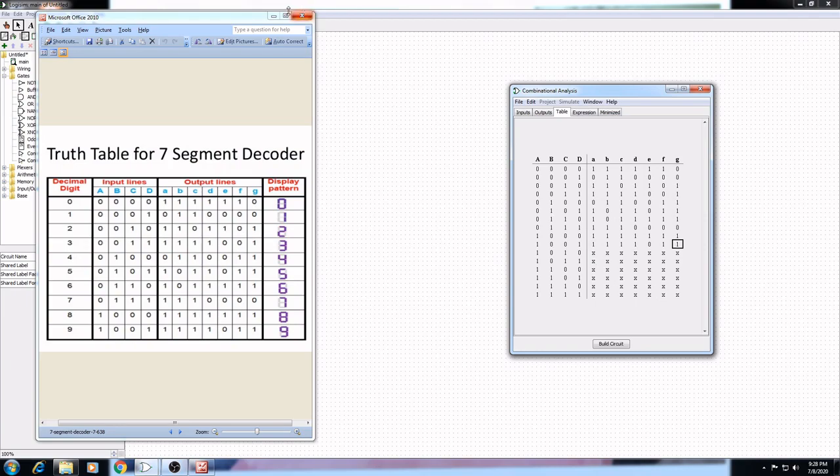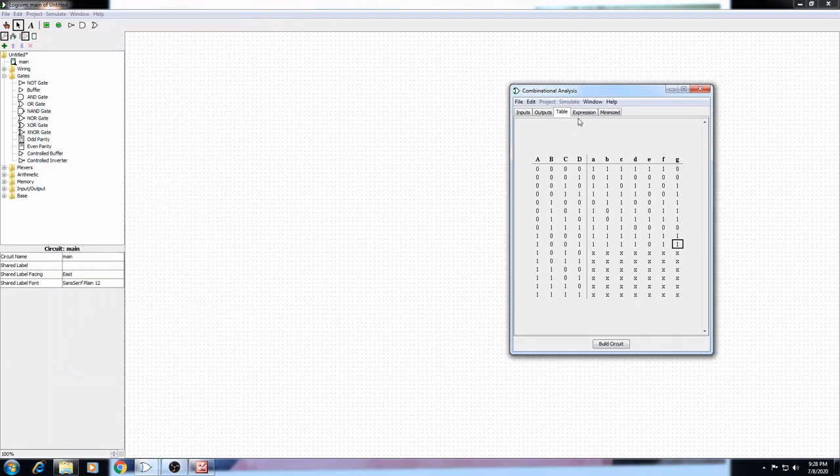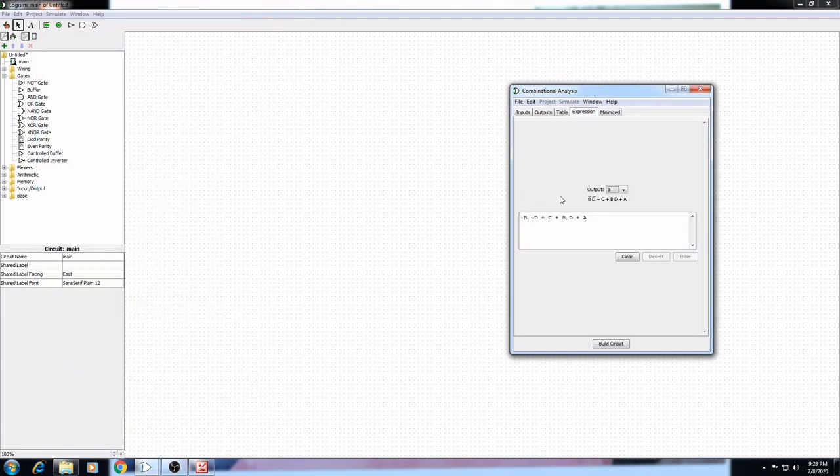Okay, after this we just see the expressions. Here is your expression for A, this one is for B, this one is for C, this one is for D, this one is for E, and so on for the other outputs. If you want a K map for this, for every output you will get a sum of products or product of sums.